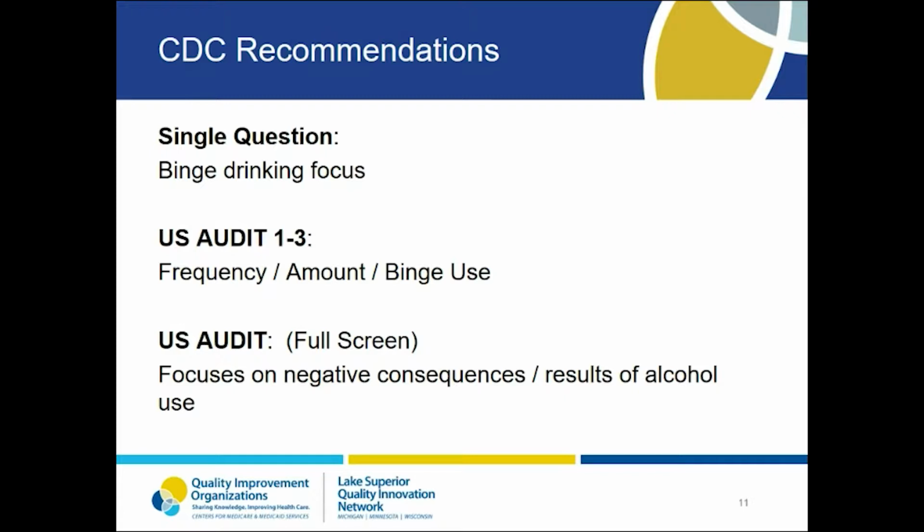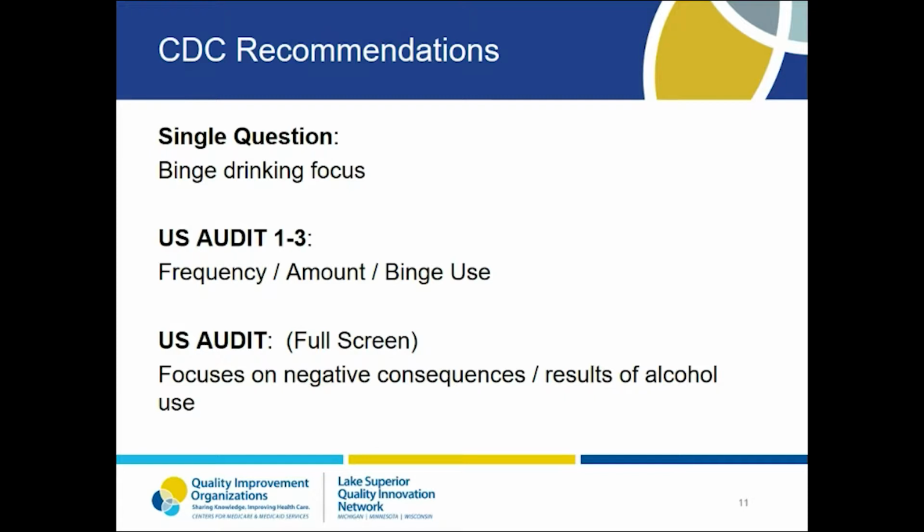Additionally, the CDC recommends a couple of updated versions of the AUDIT and AUDIT-C called the US AUDIT and the US AUDIT 1 through 3. The US AUDIT 1 through 3 is like the AUDIT-C in that it is a brief screen that uses the first 3 questions of the full audit screen as a pre-screening tool to determine whether the patient's drinking could be